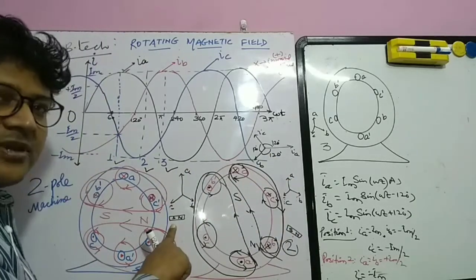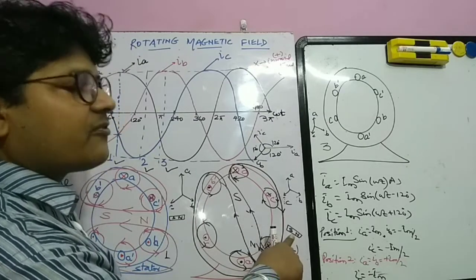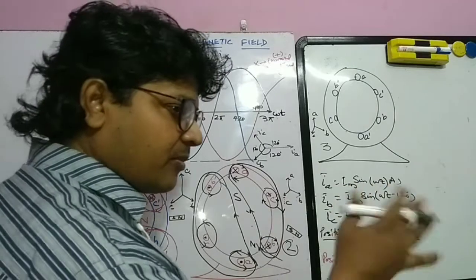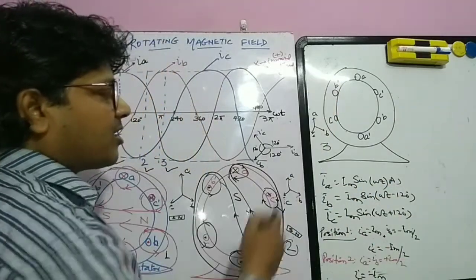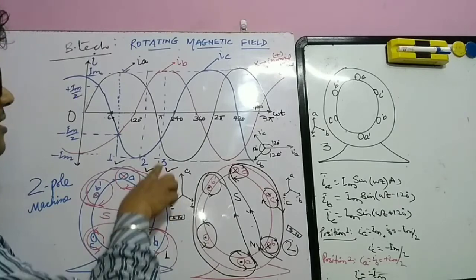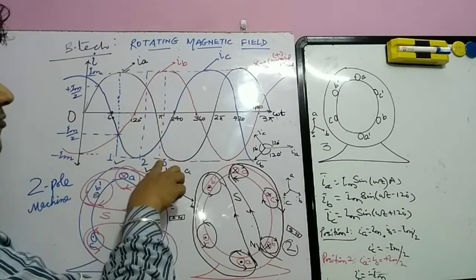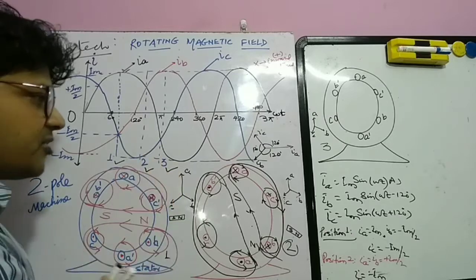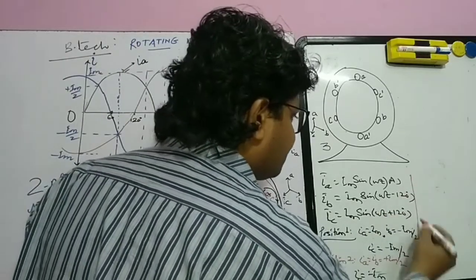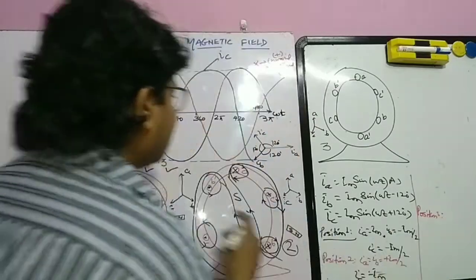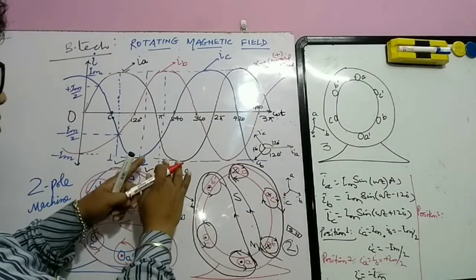So now the magnet was here, and with 60 degree of current travel the magnet is here, so the magnet has been moved by 60 degree. So now we are coming to the third position. Fine, this is our third position. So what is happening here? At position 3, what can we see?